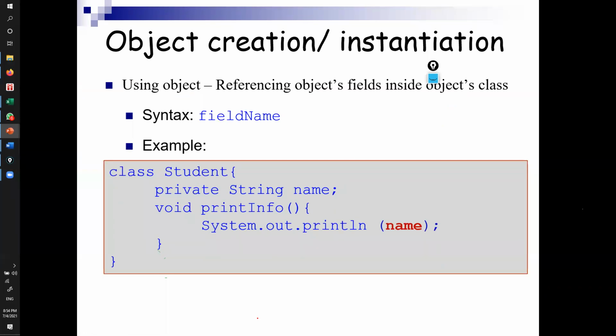Okay, so creating, let's see what is there. Okay, yeah. Object creation and instantiation. Using an object, you can reference the field inside the object class. This is what I was saying. So if you have it like this,